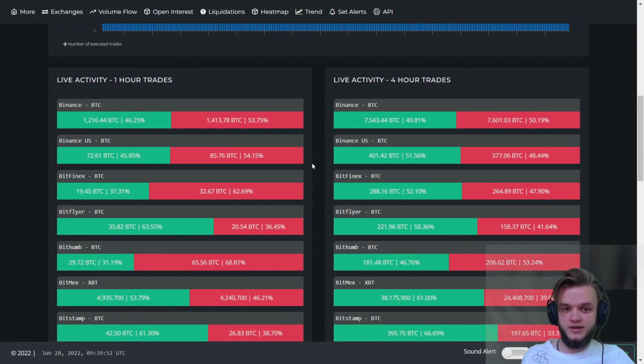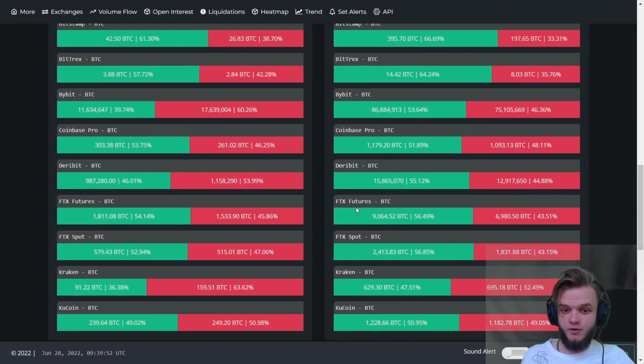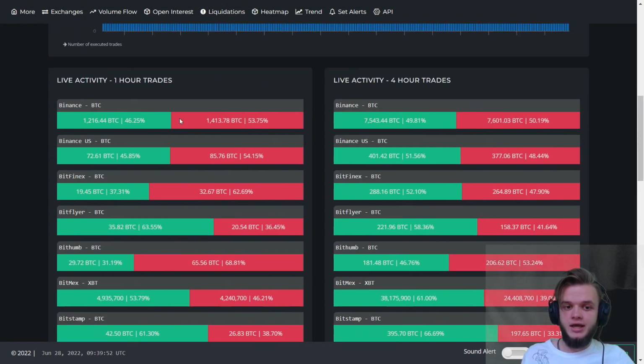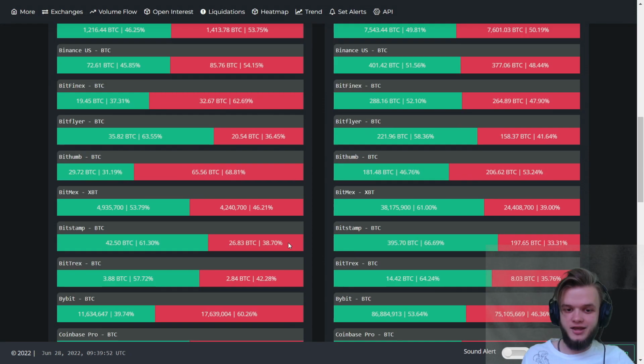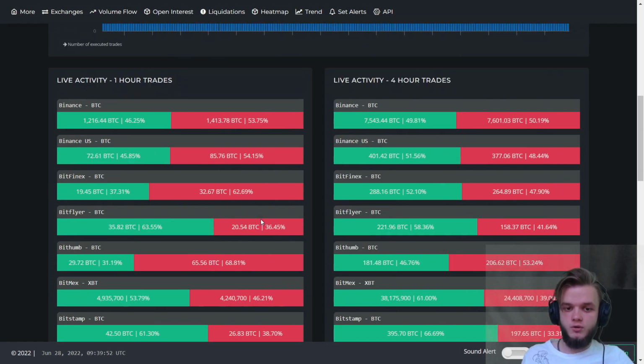if you're trading with candles, with 1 hour candles or 4 hour candles. You can exactly understand what's going on for the past hour or the past 4 hours. And usually if, for example, it shows 1 hour trades with 60% going short, probably over the next few hours we will be going short, we will be going down, we will be dumping as well. Or from another side, for example, you just see